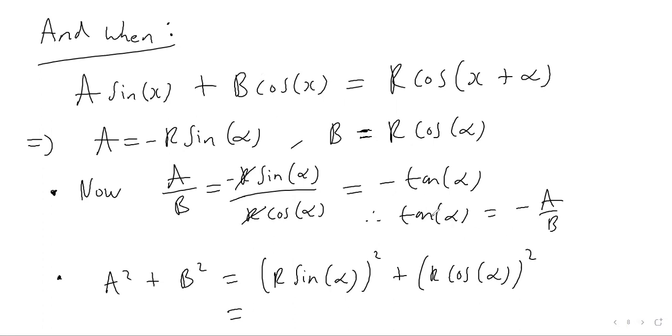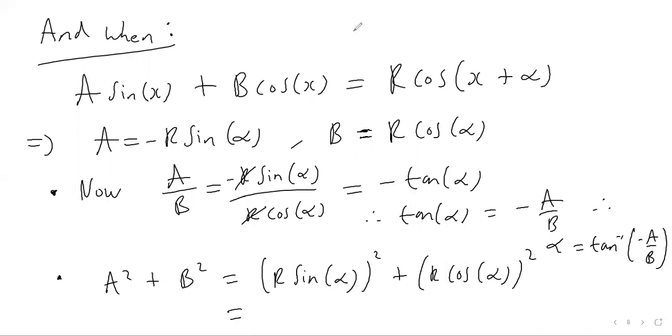And therefore we can do tan inverse on both sides. So therefore we can say that alpha must be equal to tan inverse of negative A over B. Sorry, I forgot the minus sign in there. Let me do that again. I'm just going to try my best to move this to the side. So the alpha angle is going to be negative A over